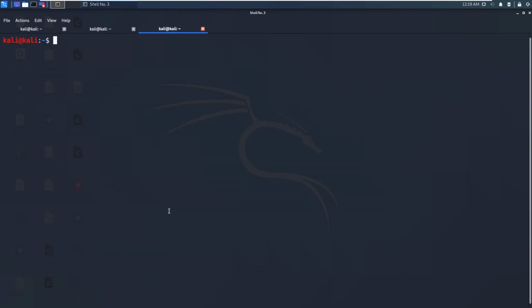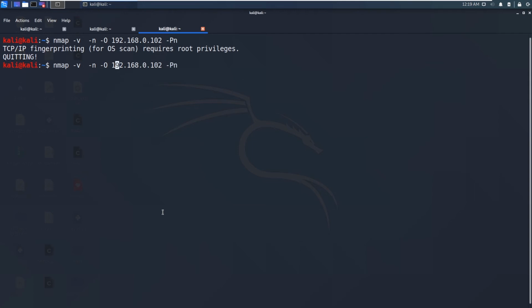In the meantime, I will show you another option for nmap to check the OS version. To do that, you simply use -O and the IP address. This will try to fingerprint the OS version.